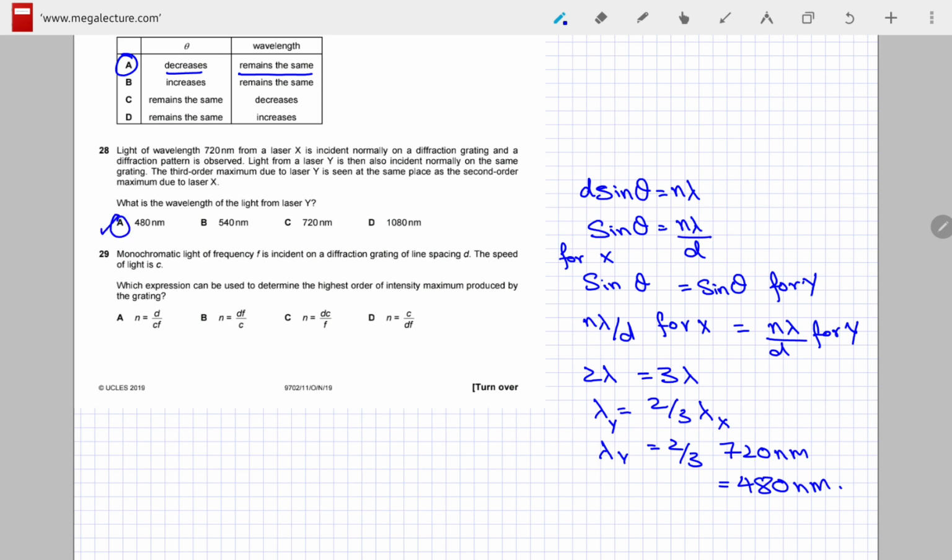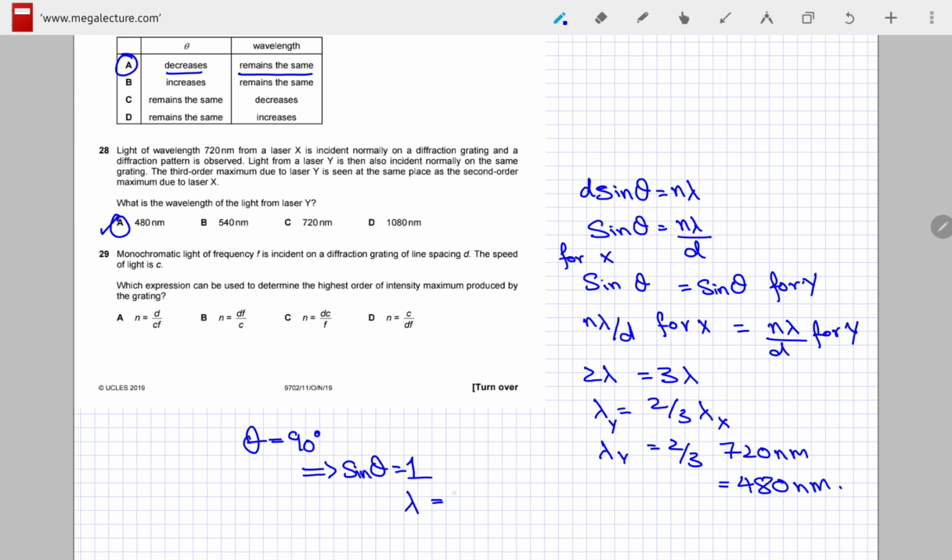29. Monochromatic light of frequency f is incident on the diffraction grating of line spacing d and the speed of light is c. Which expression can be used to determine the highest order of intensity maximum produced by the grating? So we know that the highest order of intensity maximum produced by the grating is only achieved when we have theta is equal to 90 degrees, right? So what that gives me, sine of theta is equal to 1, because sine of 90 is equal to 1,